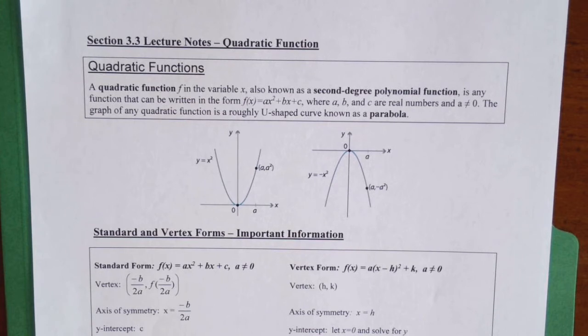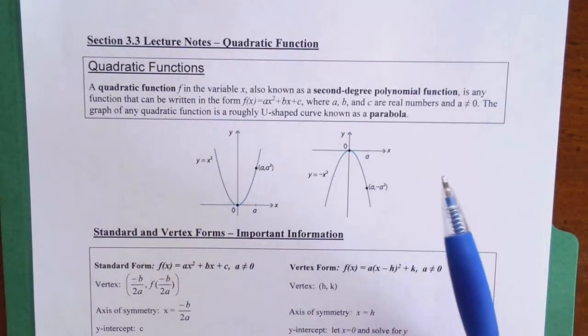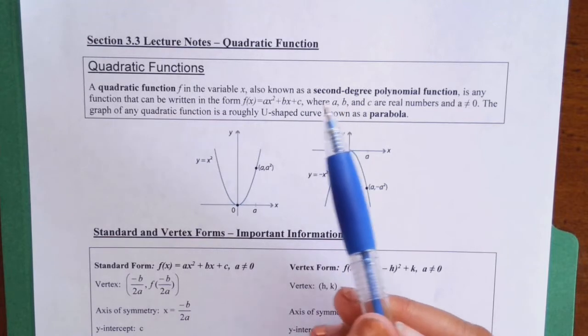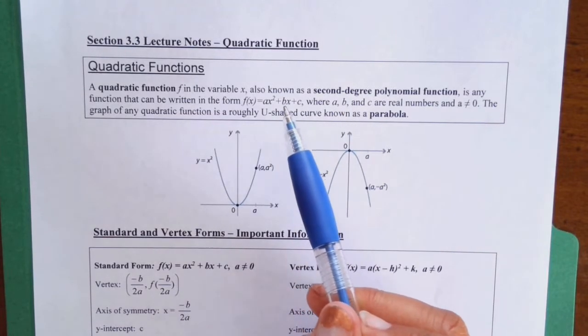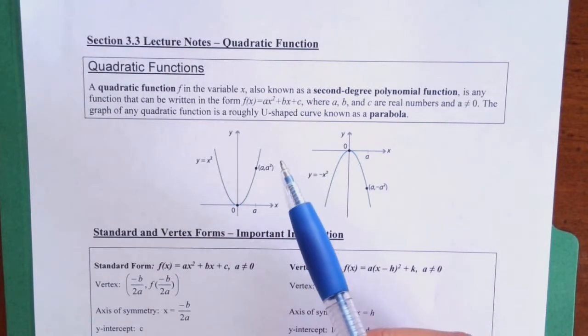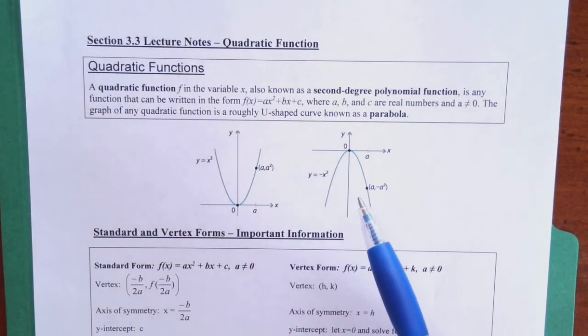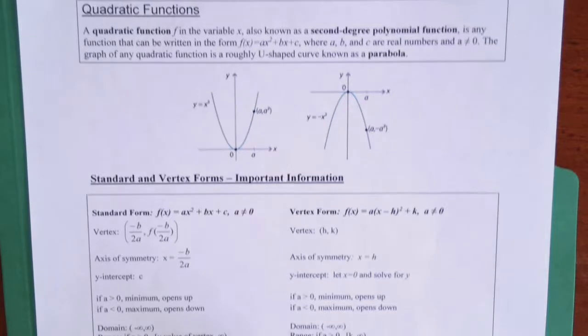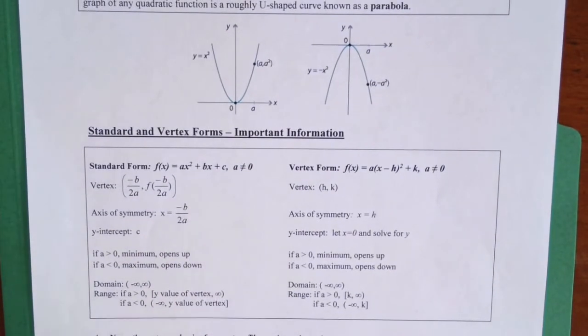All right, so most of you remember quadratic functions. They're second degree polynomials, which means the highest power is 2. Typically, they're written in this form, ax squared plus bx plus c, and the shape of the graph is a U, which you remember is called a parabola. So underneath here, with all of the information in this box right here,